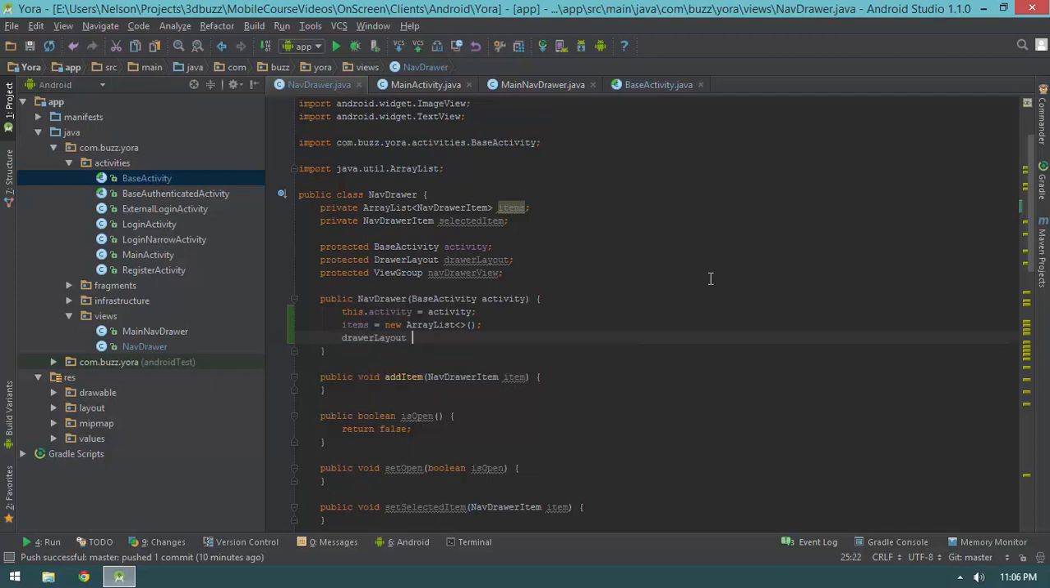So I'm going to say drawerLayout equals, now this is tricky. How do I get this? Well, I'm going to set up a convention. I'm going to say if you have a nav drawer and you want to use this nav drawer class, you must have an object, a drawer layout, at some point in your view hierarchy that has a particular ID. So I'm going to say drawerLayout equals cast to DrawerLayout